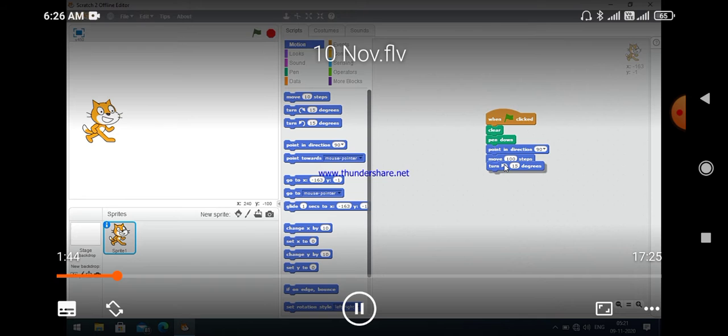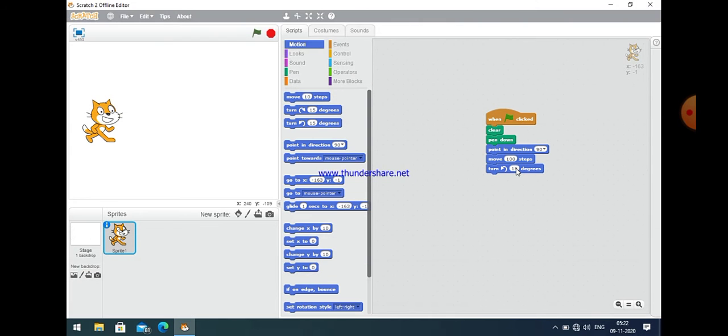And then turn. Always remember that there are two types of turn command in motion. One is clockwise and the second is anti-clockwise. Okay, so basically I move the Scratch cat in just the forward direction. So to make a triangle, the anti-clockwise direction should be taken. That's why you can easily see turn 15 degrees in anti-clockwise rotation. That is the default angle, 15.